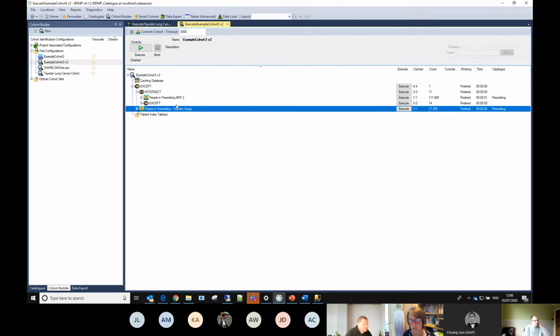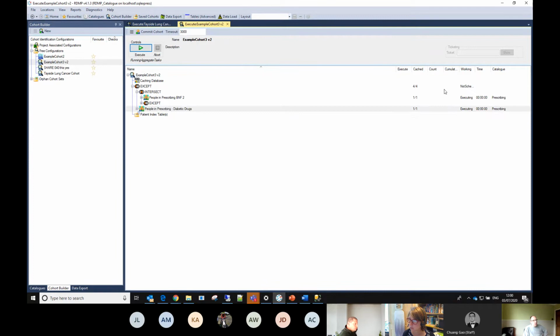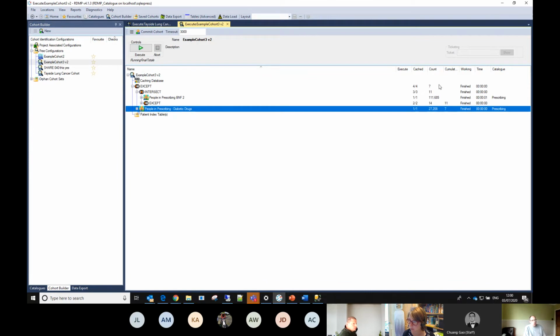I'm going to look at the counts a little bit. In fact, I mentioned these two count columns, count and cumulative. What I'm going to do is turn the cumulative on. By default, it's not on. We've got this little burger button, as we refer to it, little 3 lines, that's got some additional options. I'm going to click calculate cumulative totals and then re-execute. And what you'll see is it populates the two count columns here now. And then I'm going to talk you through what these different counts are doing.